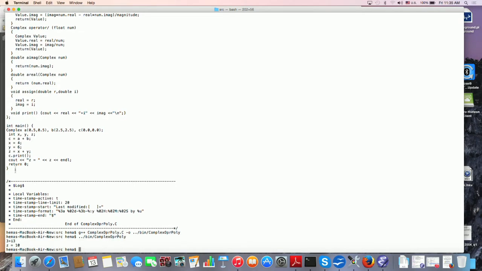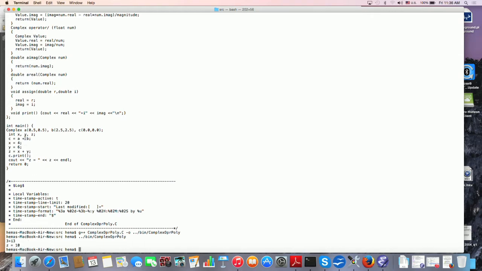So, what does it do here? Notice that it is giving you 3 plus I3, because we had 2.5 plus 0.5. So, that was the addition. C is equal to A plus B and Z is equal to X plus Y. When I am getting the output from C, what are we doing? We have C dot print over here. So, it prints the value of C and that is 3 plus I3, and then we also use cout, which is a standard output function in C++, and you find that Z is given the value of 10.